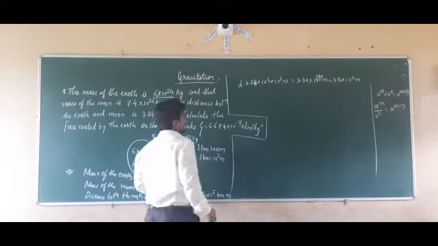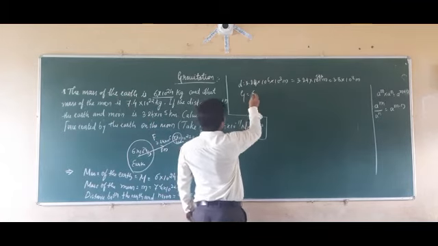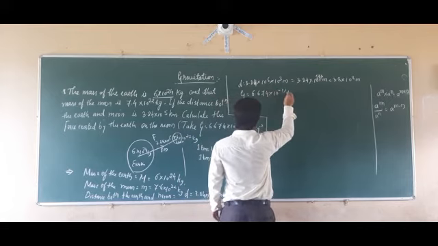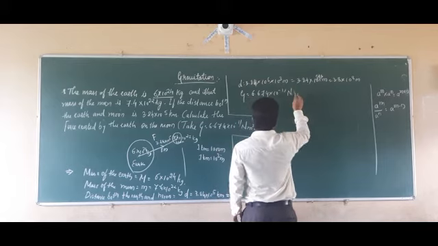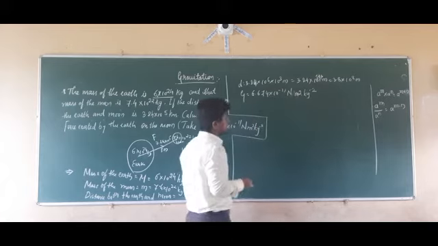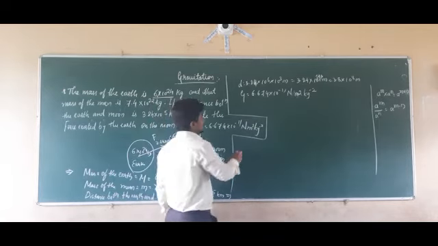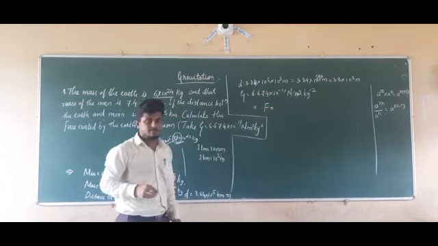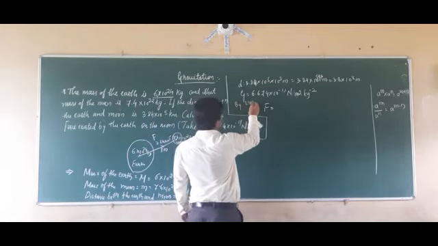Next, the distance is given. Again, they are given the G value, that is G equal to 6.674 into 10 raised to minus 11 Newton meter square per kg square. Therefore, you can calculate by using the SI units. So we know the formula for F to calculate the magnitude of the force by the universal law of gravitation.